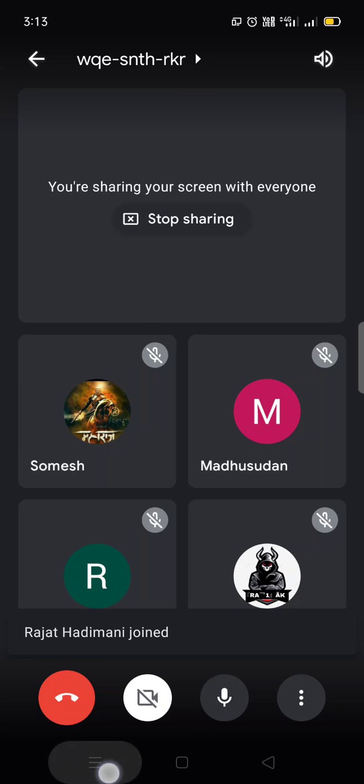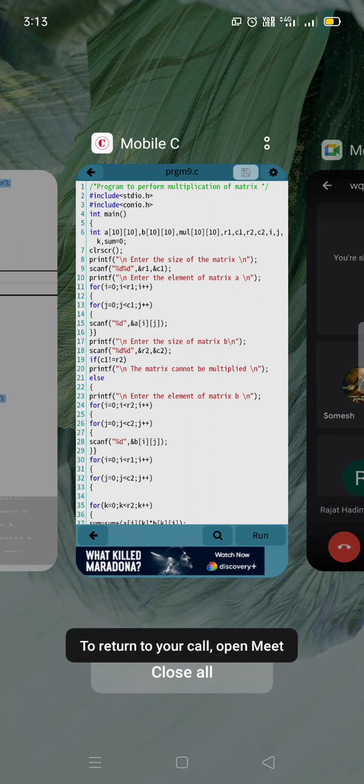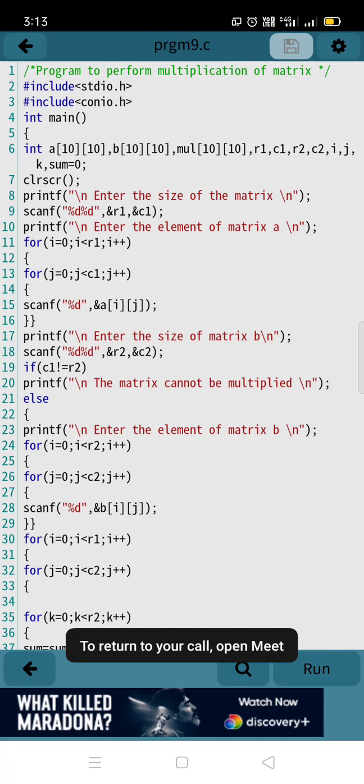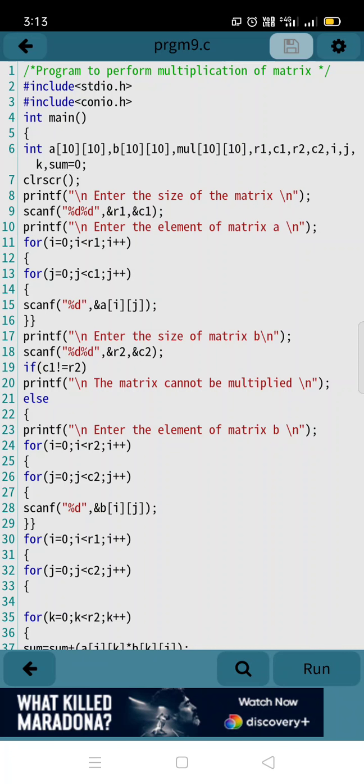So we need to take two-dimensional arrays. First array is A, and we have given size 10 and 10, and the second array is B, again with the same size. This means we can store up to 10 integer values. So this is the size.